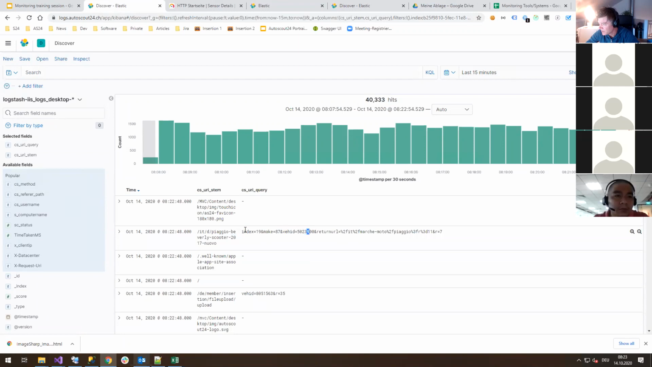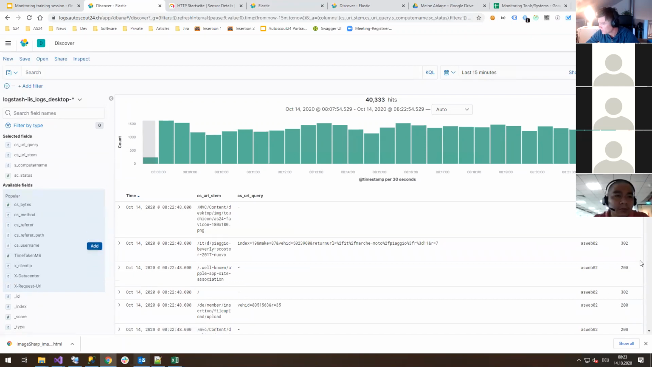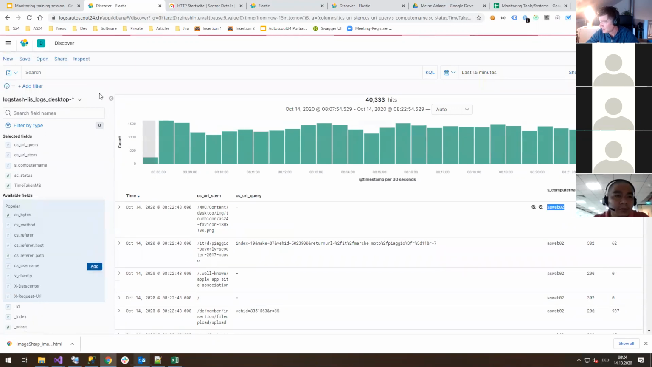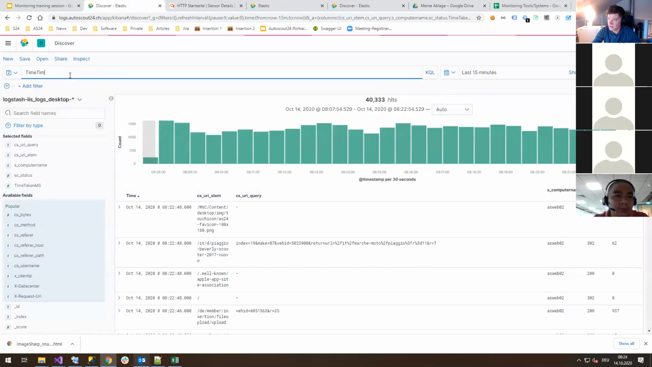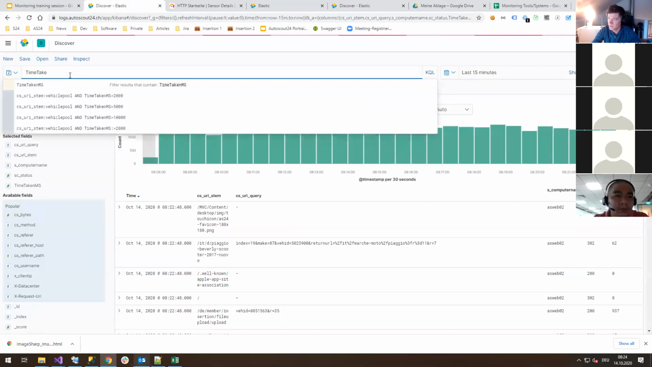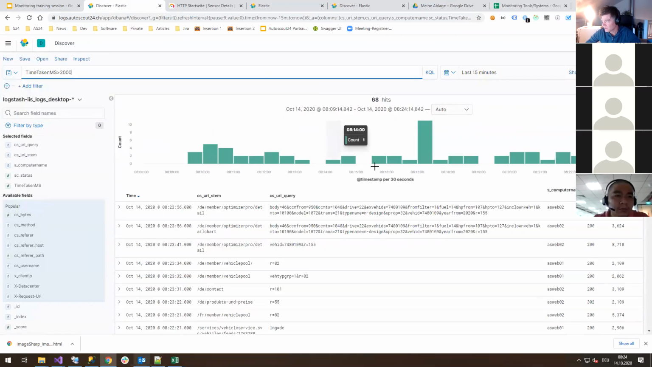So these are the query parameters. Show me on which computer they got executed. You can also show the status code. You can show the time taken. And now you can do, for instance, query time taken milliseconds equal or bigger than 2000. So the ones that took more than 2 seconds, the last 15 minutes, yeah, there are quite